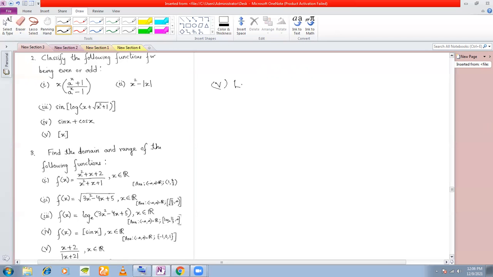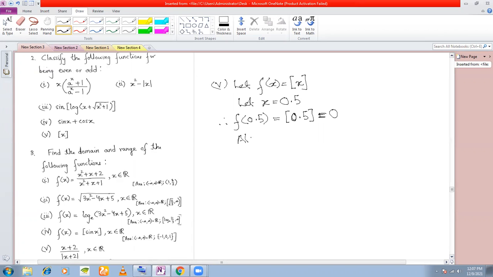Now let's check whether the greatest integer function is even or odd. Number 5. So I say let f(x) is equal to greatest integer of x. Now suppose x is equal to 0.5, right? Therefore, what is f(0.5)? As I told you, f(0.5) must be equal to how much? 0.5 is positive. That means we take 0 only, right? We simply remove the decimal part.